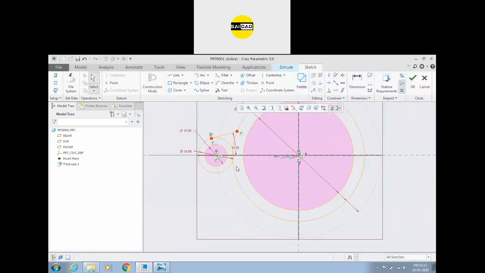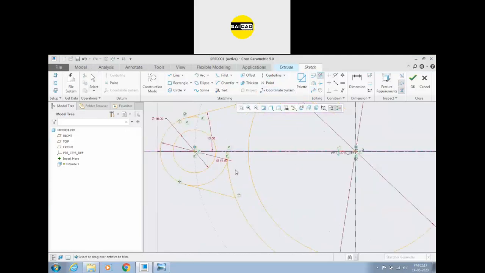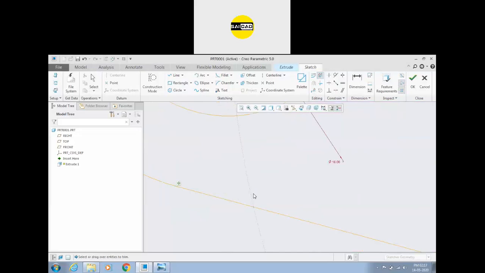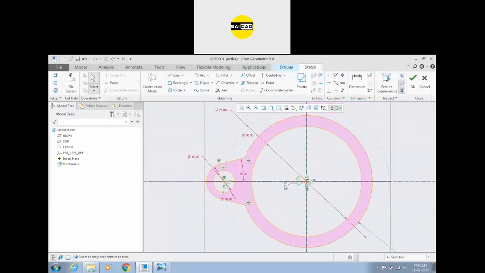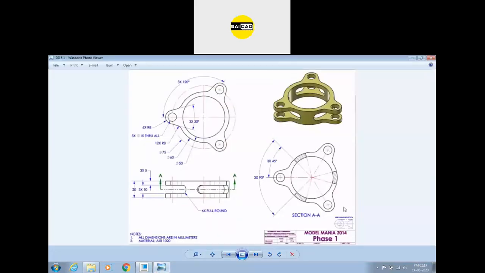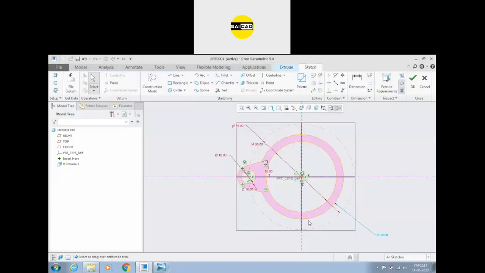So there is no weak dimension. This line should be mirrored. So select the mirror command, select this, and we can trim. We have some options here, so we can just trim it out like this. So this is our shape. Okay, we can create these options. We need them at 120 degrees.